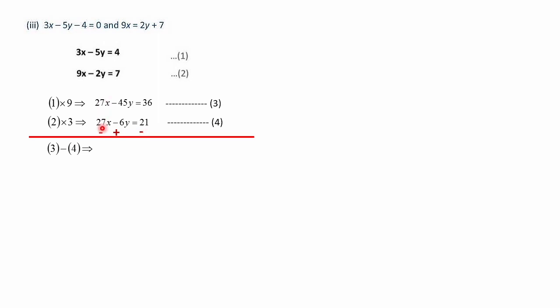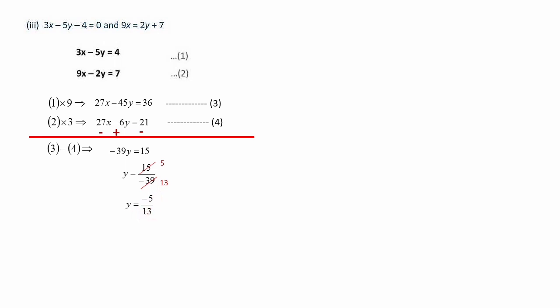So 27x minus 27x is 0, no need to write. Minus 45 plus 6, remember here minus 45, here plus 6, minus 45 plus 6 is minus 39y. 36 minus 21 is equal to 15. So y is equal to 15 by minus 39. This minus 39 will come to the denominator. Then here there is 3 common. When we cancel, 5 3s are 15. Then when we cancel 3 here, it comes as 13. So we will get the answer as minus 5 by 13.